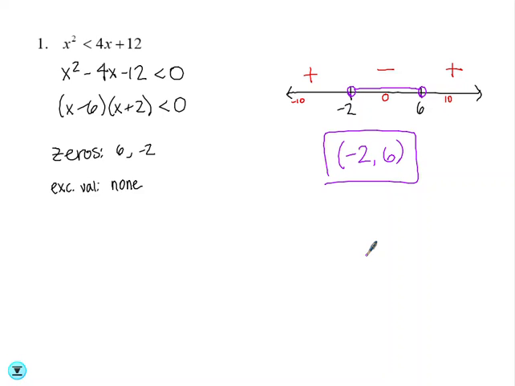Let's look at a couple more examples. Here we have x to the 4th is greater than or equal to 8x. I need to get everything on one side, and then I can factor. So if I factor out a GCF,